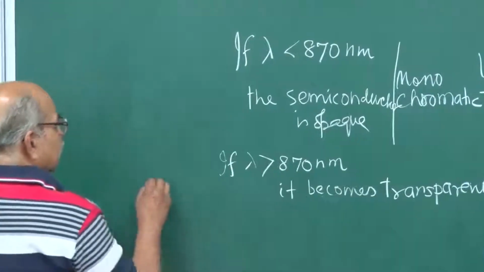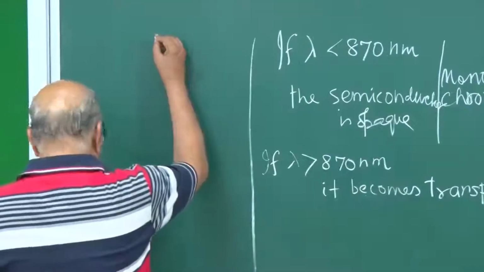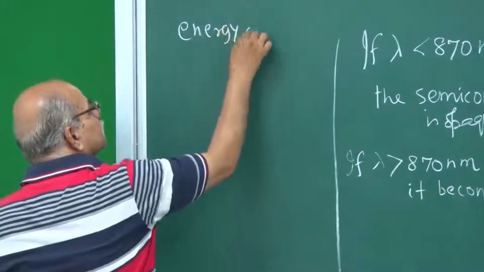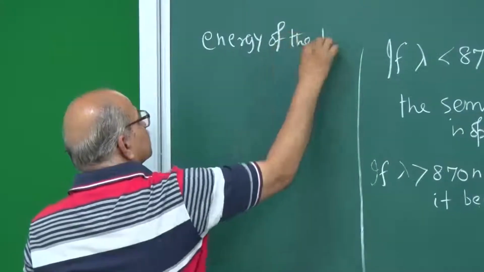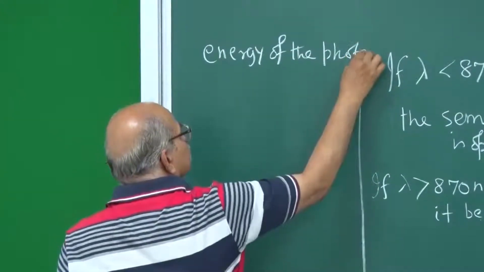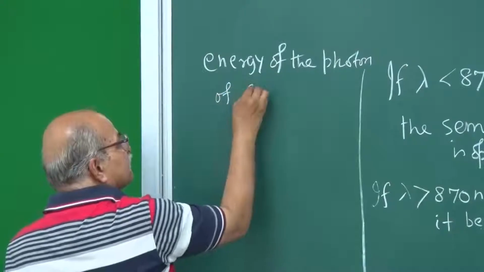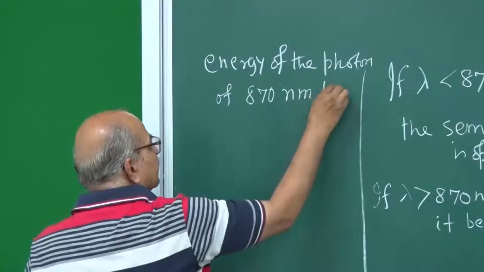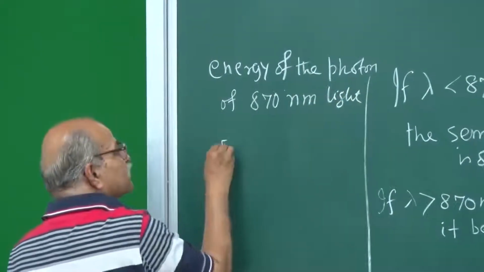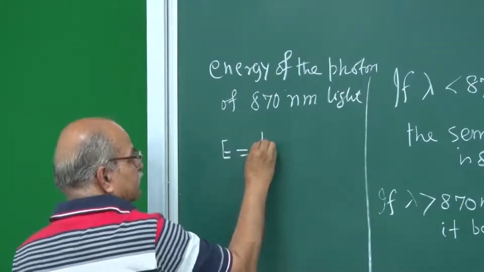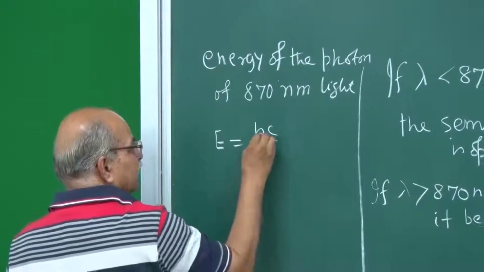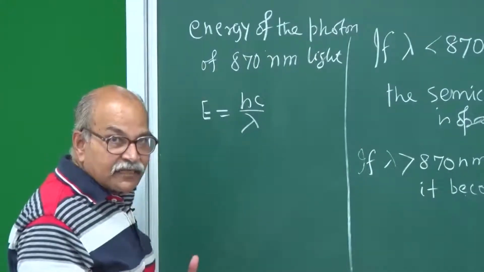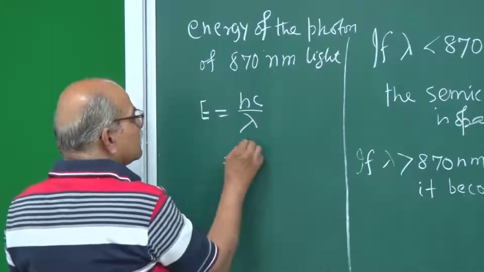For 870 nanometer light, that energy is hc over lambda, where h is Planck's constant and c is the speed of light. You can multiply them, and that turns out to be almost